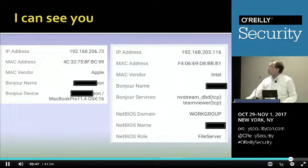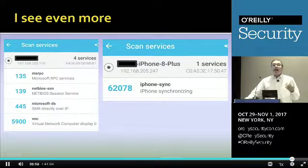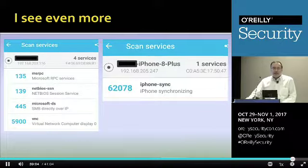So all sorts of things I can see about people here on this network as of yesterday. Someone's running TeamViewer. My God. Here, somebody's running VNC. Somebody has an iPhone 8 and they're syncing. I should not be able to see this. I am not a hacker. This is just Fing. This is a standard, ordinary, dull and boring LAN scanner. You should not be visible to me. So whoever set up this network,